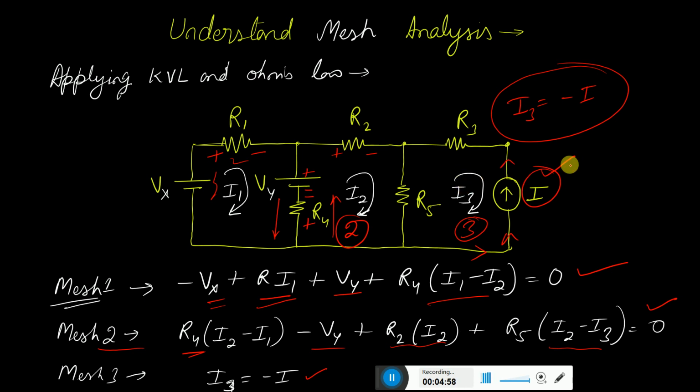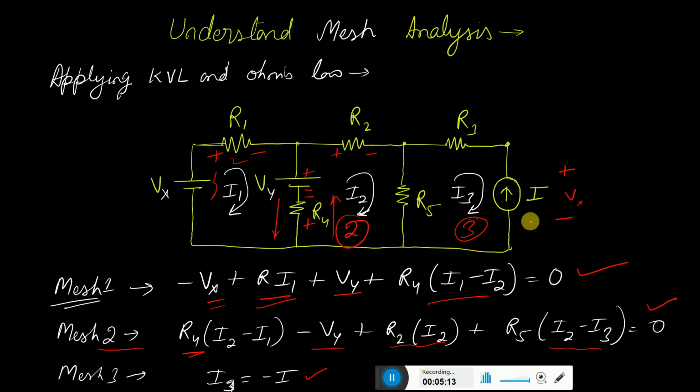If somebody says, sir, I'm not interested in writing in this way, rather I want to write in the conventional way of writing the voltage, then what can we do? Yes, what you can do is write this as a plus and minus, and say that the voltage across this current source is VA, or any other name. Then we can write R5 into I3 minus I2, R3 into I3, then plus VA. But then we are doing it unnecessarily,